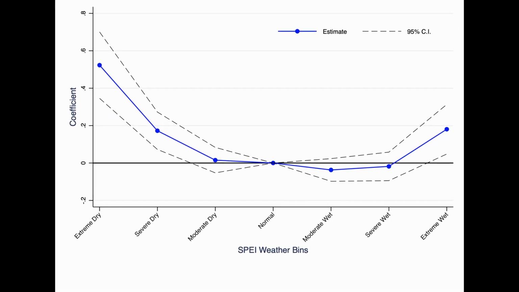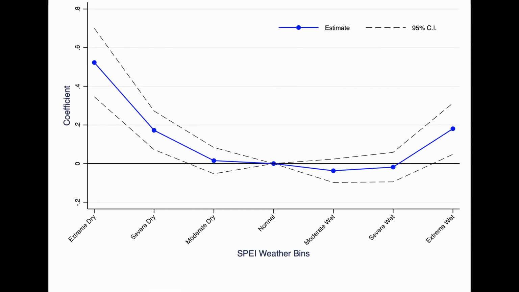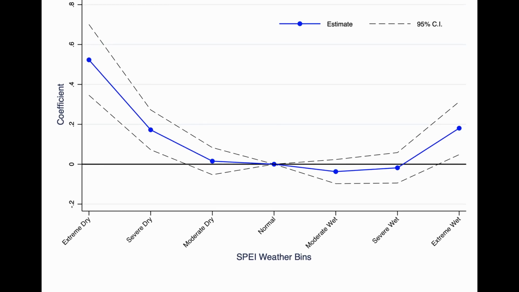So first of all, what we find is the timing and intensity of the extreme weather event matters. Extreme weather events like droughts and floods are the most common drivers of vulnerability in Indian agriculture. Moderate or normal weather events do not impact vulnerability significantly. The timing also matters. What we find is, at what point of the crop growth process does that event occur? Is it during the reproductive phase or the vegetative phase? The vegetative phase does not have a significant impact on vulnerability, but an occurrence of an extreme weather event, for example a drought, during the reproductive phase has a very significant impact on vulnerability. That is, it increases vulnerability of the agricultural systems.